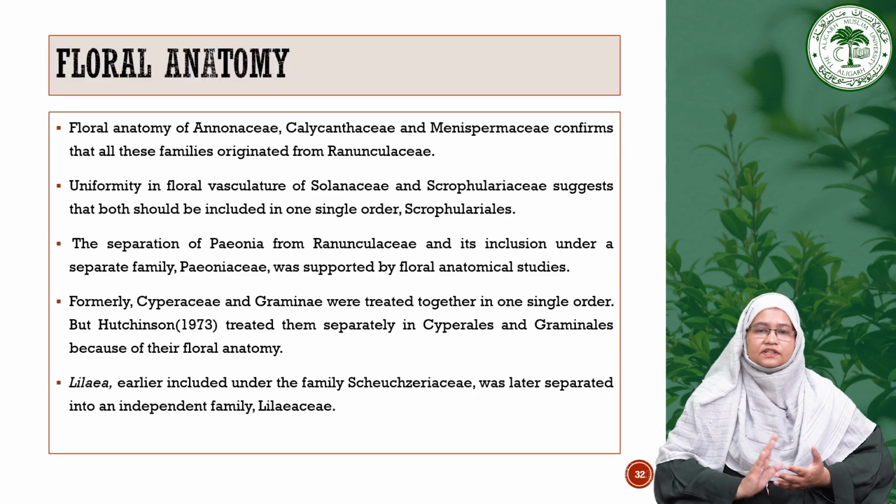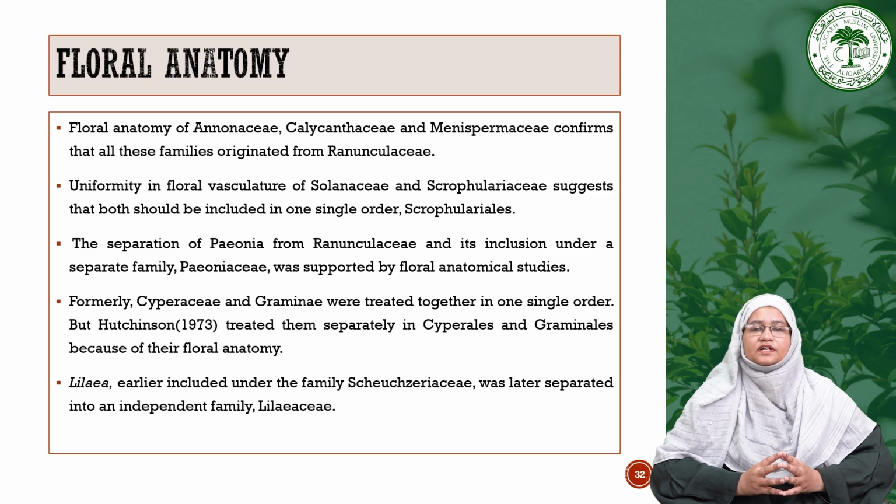Then the last in this anatomy section is the floral anatomy. Floral anatomy of Annonaceae, Calycanthaceae and Menispermaceae confirms that all these families are derived from the Ranunculaceae. Then uniformity in the floral vasculature of Solanaceae and Scrophulariales suggests that both should be included in one single order, that is the Scrophulariales. The separation of Paeonia from Ranunculus and inclusion under a separate family Paeoniaceae was supported by